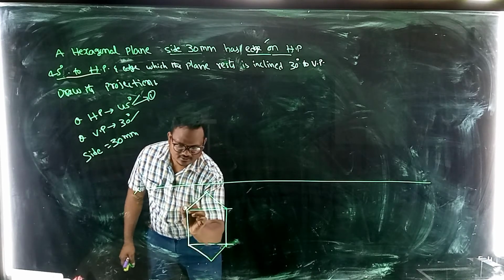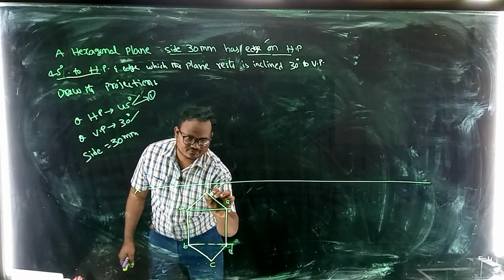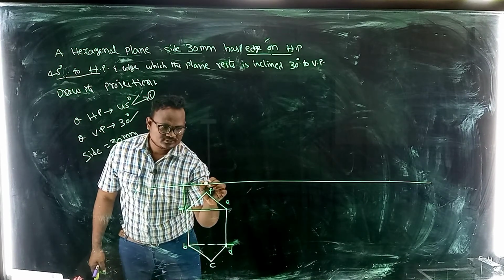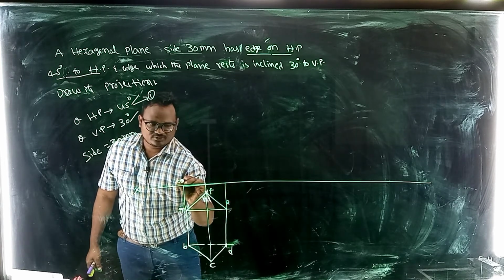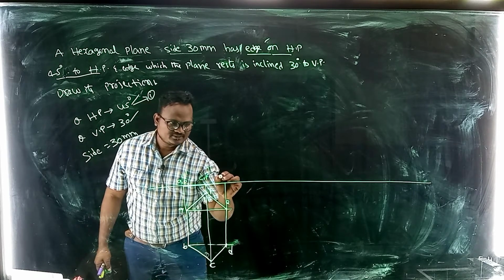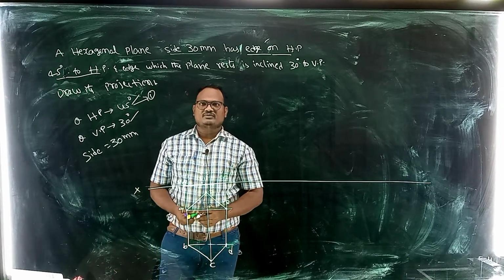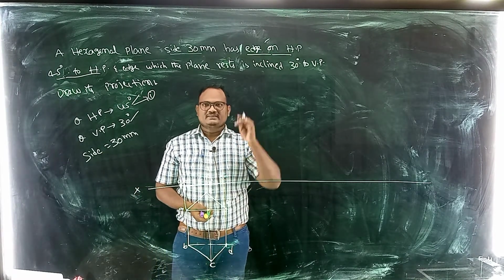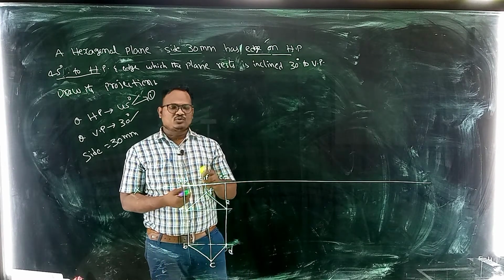After getting this, mark the points A, B, C, D, E, F in this way. So just project, we will get the front view. So this is A dash, B dash, this is C dash, F dash, this is E dash, D dash. Front view and top view without taking any angle inclination. Initially this hexagonal plane is on HP, that's why we have to take the HP angle inclination first.